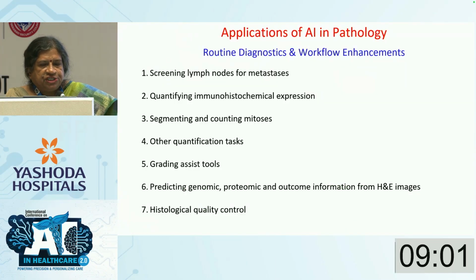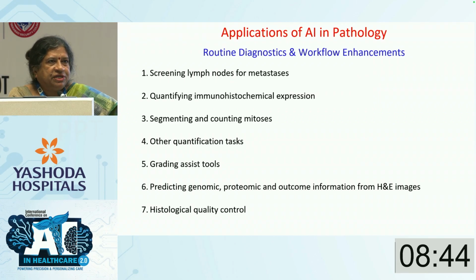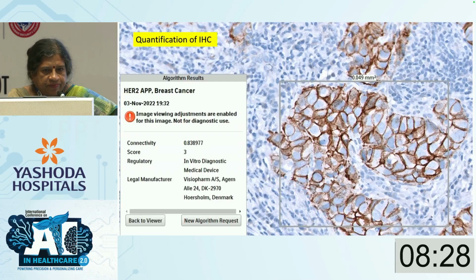Coming to applications of AI in pathology, we use it for screening lymph nodes for metastasis, quantifying immunohistochemical expression, segmenting, and counting mitosis. Pathologists in the audience would agree with me, we perform various repetitive, mundane tasks in our everyday practice. That role can definitely be taken over by AI. Then there are grading assist tools, predicting genomic and proteomic outcome information from H&E images, and lastly histological quality control. I'll be giving certain examples of breast cancer and prostate cancer,